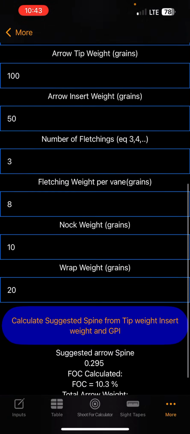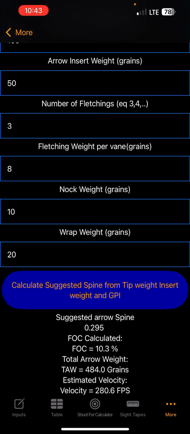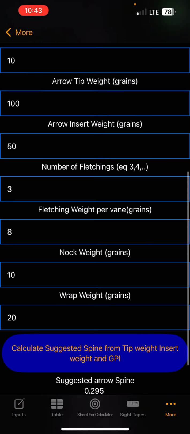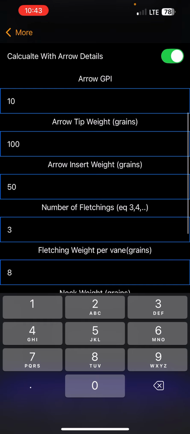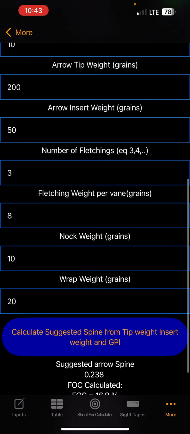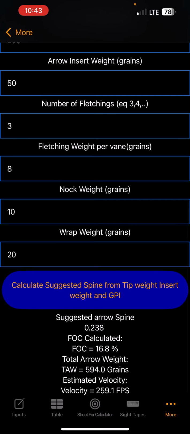It's probably going to follow along pretty well with what a spine chart would recommend you do, with the exception that you have much more control over this because you can put 200 grains up front if you want. And it's going to say, okay, well, if you put 200 grains, now you're closer to 238. So, 250 is a little on the weak side, 200 is a little on the stiff side, maybe a 230 spine if you can find one. Some manufacturers have that. So that's kind of how